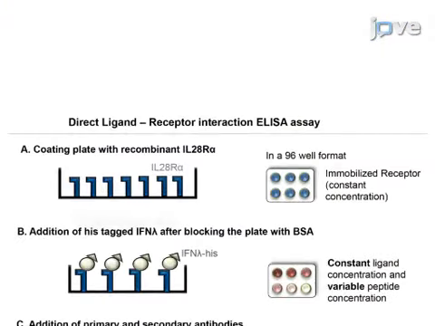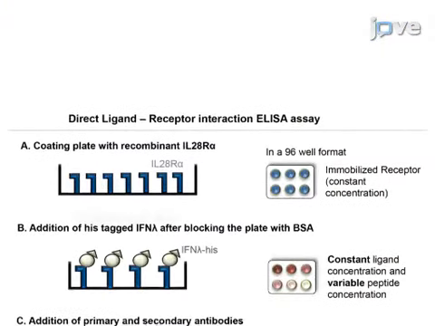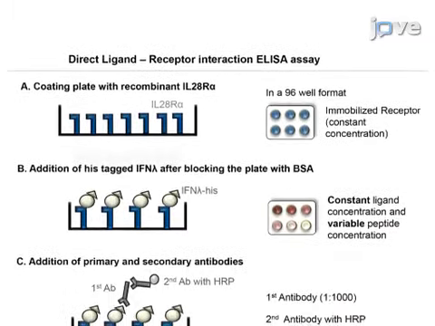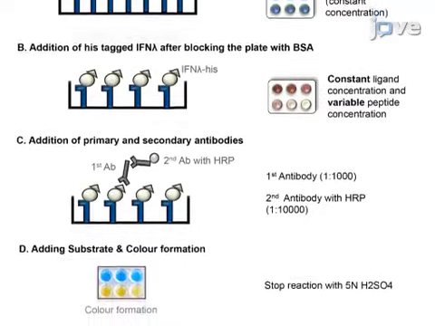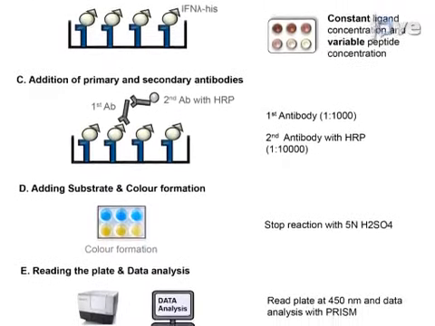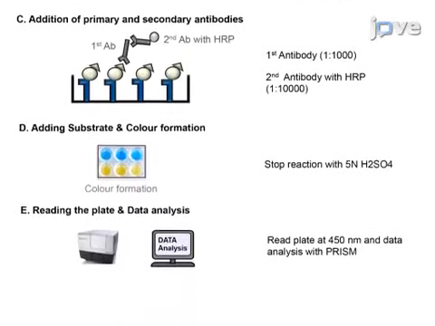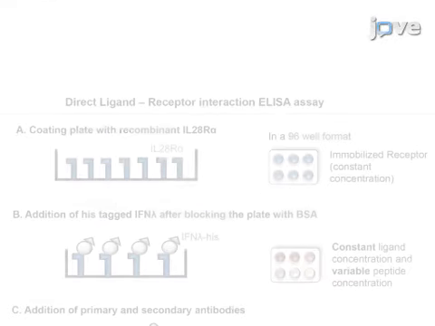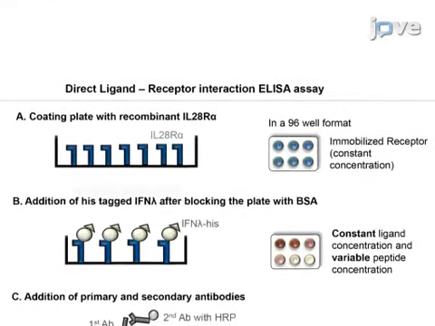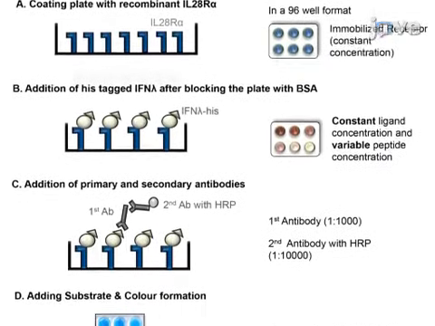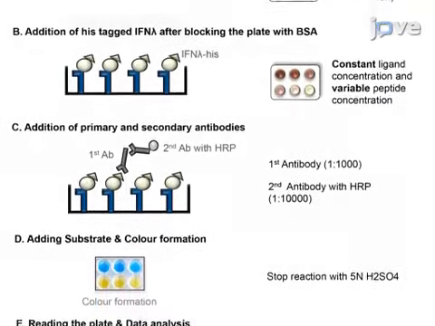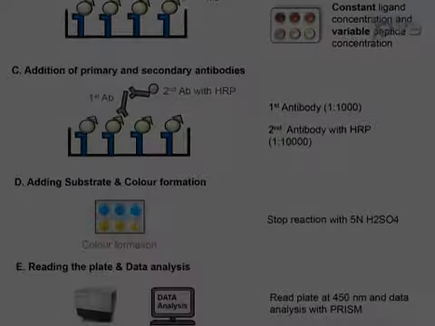There are 2 assays described in this video. The first is the direct ligand-receptor interaction ELISA. It can be used to measure the receptor-ligand dissociation constant, which represents receptor-ligand binding affinity. The second assay is a recently optimized competition ligand-receptor interaction ELISA. This allows for the screening of peptides and other blocking compounds which act to interfere with the